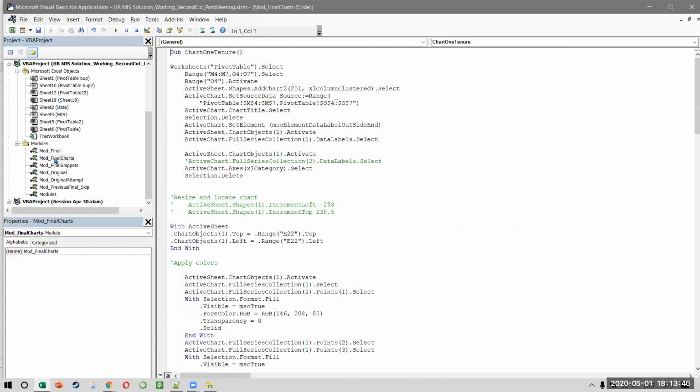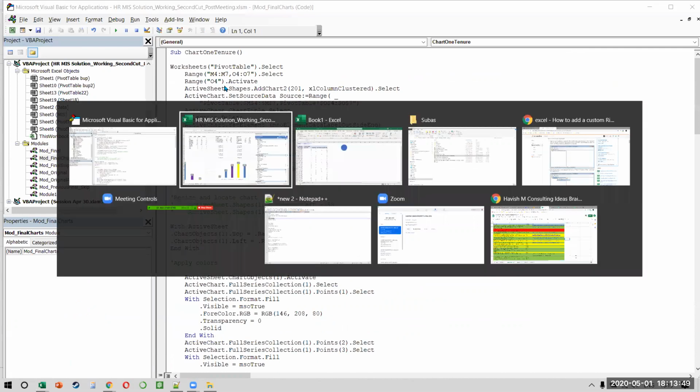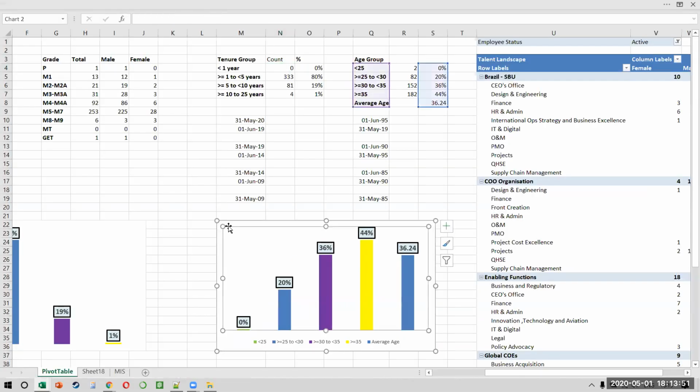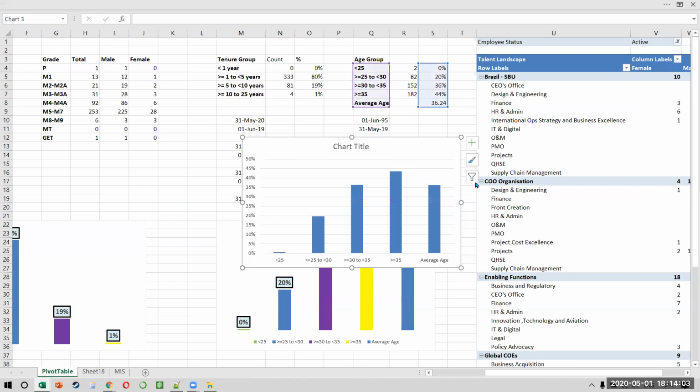Right? And if you notice, even my charts are coming automatically. So these charts that you see, they were also created automatically. So, you know, the colors and the boxes, this is not a default Excel chart, right? If I make a normal chart, just to show you, if I select this data and I press Alt F1, this is my normal chart.